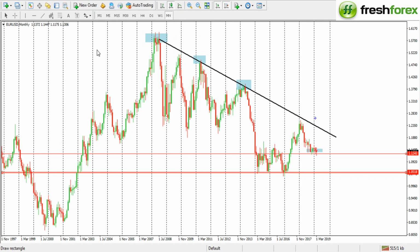So far it has not been able to touch it based on the previous one, but we want it to come back up to this level. Something like this. Let price pull back up to this trend line. Then we'll be able to pick a sell from that point, and this is what we expect, that the price should proceed down